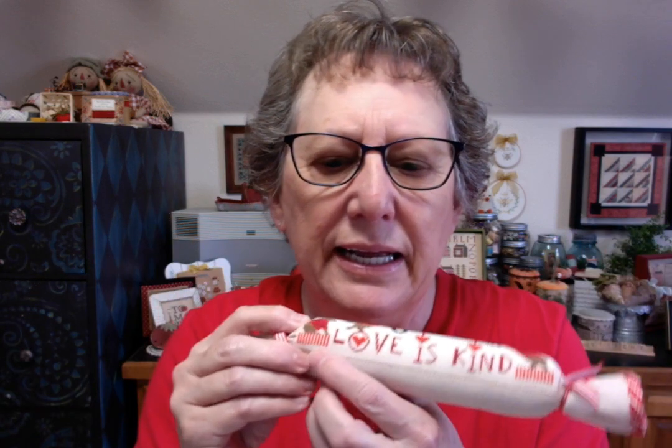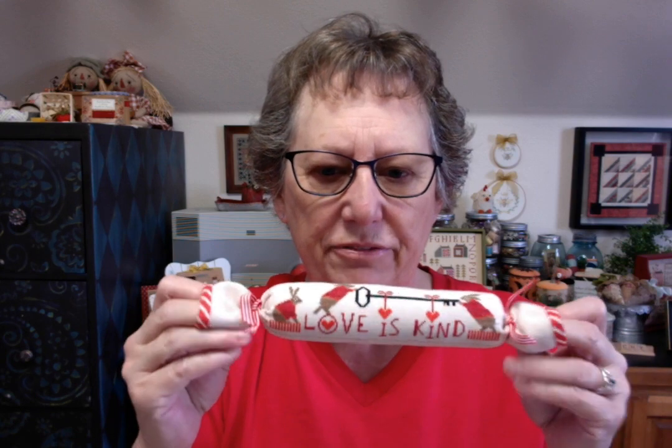I did add just a little stitching around it to make a border. When I don't do that, it feels to me like things are just floating. So I always want to put some kind of little border around them to kind of stabilize them or anchor them to the fabric. And since it was long and narrow, I just sewed the long edges together here